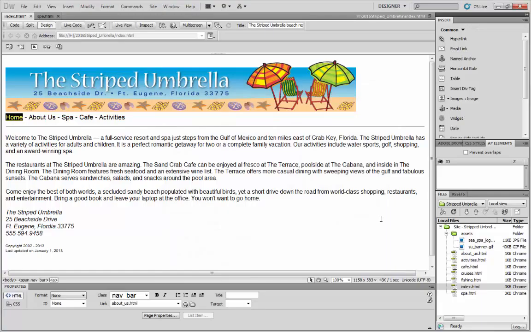That's not too bad. I can do the same thing for About Us, and I got to make sure I highlight the whole entire word. But here's the other option, and this one I think is just even easier than that. Right here is this little circle, and it's called Point to File. All I need to do is click on Point to File, and then I can go right over here and point to this page right there, and I don't have to wait for a pop-up menu to come up. So I prefer to click on Point to File because I just think it's a little bit faster. So I click and hold down,